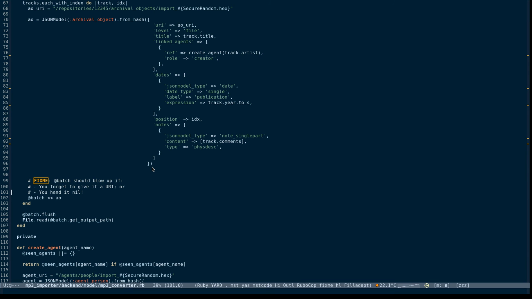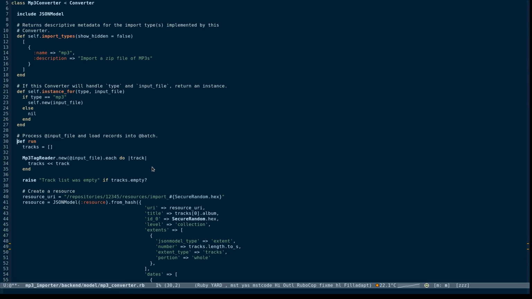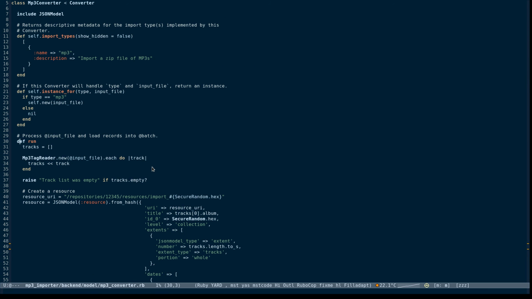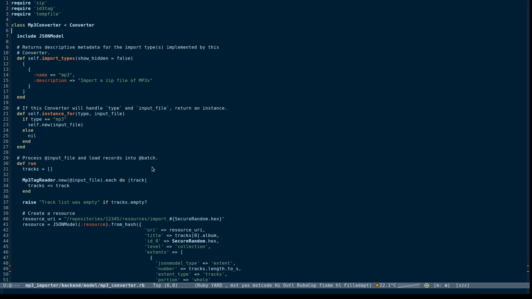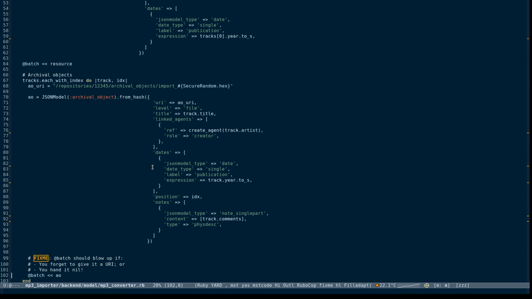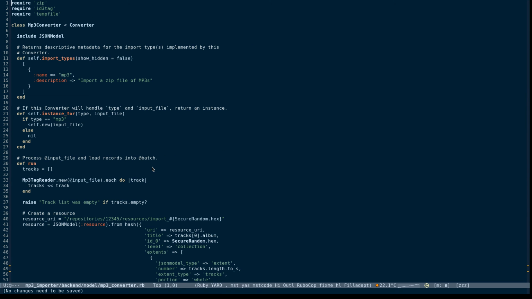So let's finish off by, I guess I can chop out this stuff, although it doesn't really matter. Yeah, the return value of run isn't actually used anywhere by the importer. That's just something I was using for testing. One last quick review of the code. Yes, MP3, this converter will handle that. I guess maybe, since we're gold plating, let's just quickly look at translating